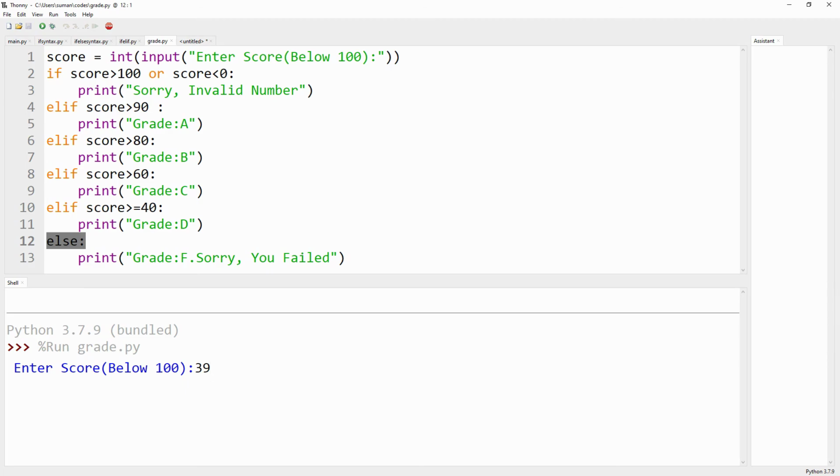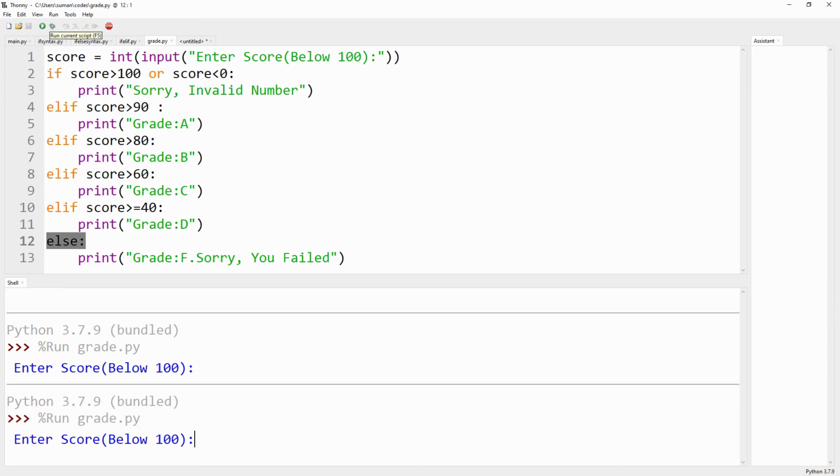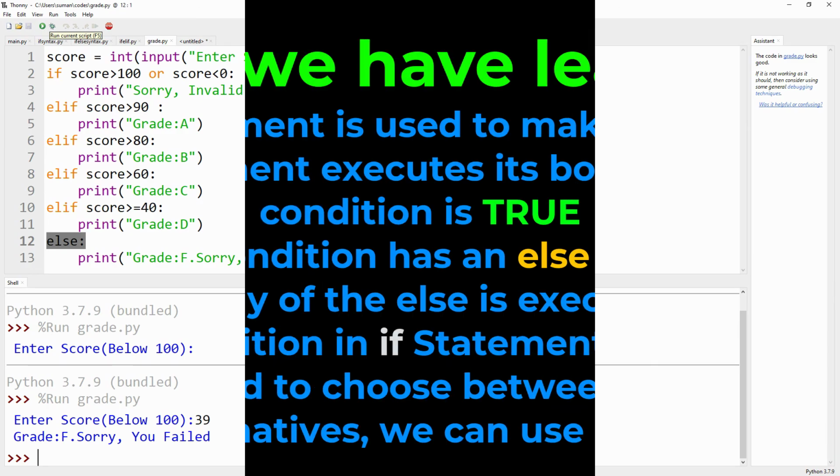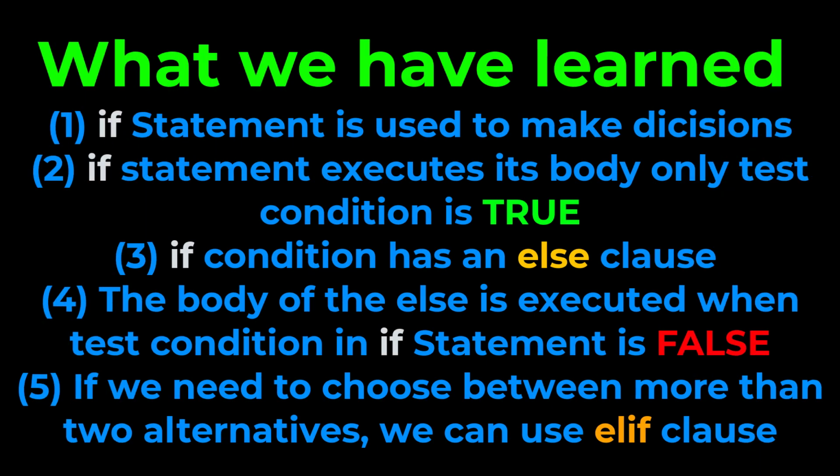So that should be a fail. Grade F, you failed. That is how we use the if else, or if elif else, statement in Python.